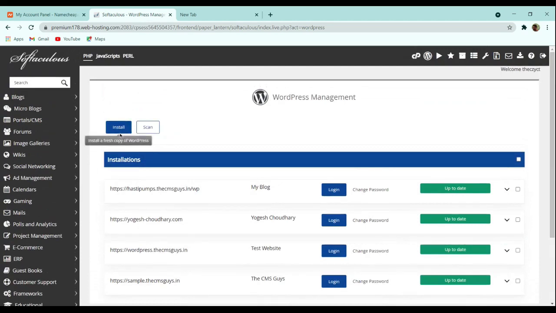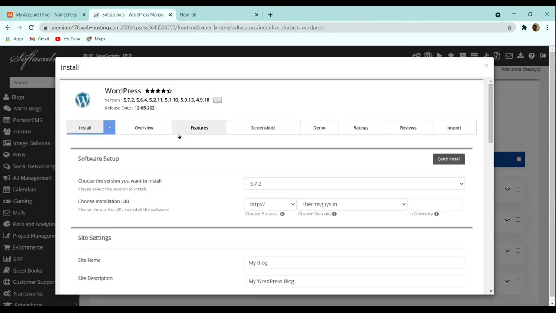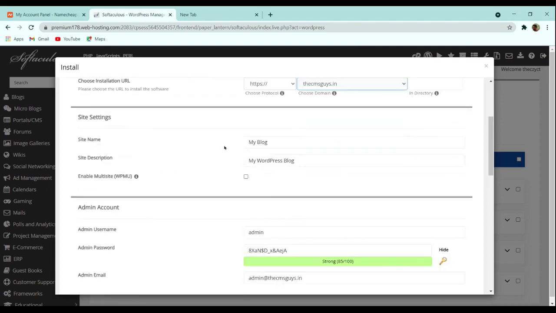For this, we have to fill in the WordPress details. First of all, click on install, and then we have to search for the domain. Here you can see that this is my domain name where I want to install. I have selected cmsguys.in, and then we have to fill in our site name and site description.